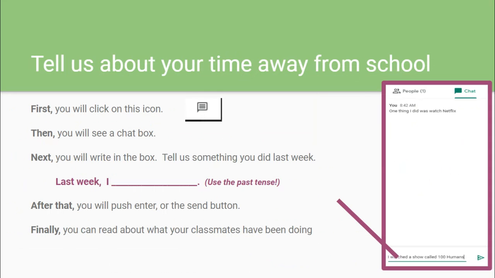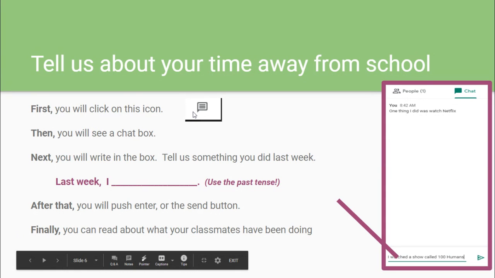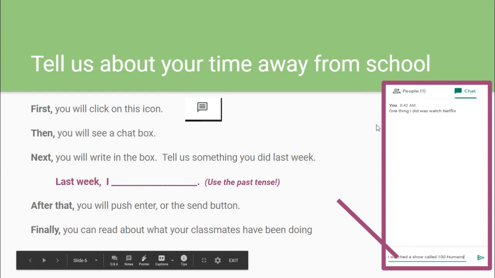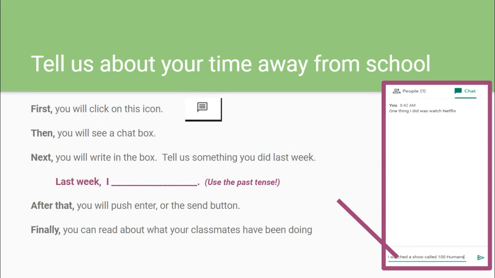I wanted to ask you about how your time away from school has been. So in order to chat, you will first click on this icon. Then you will see the chat box, which is this box here. And you can write, last week, I walked in the park.